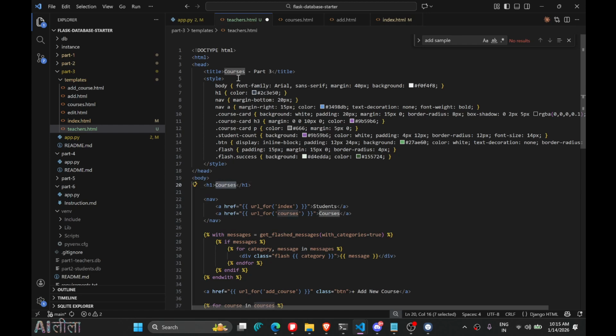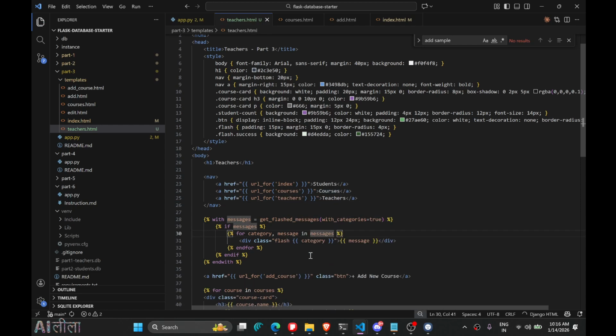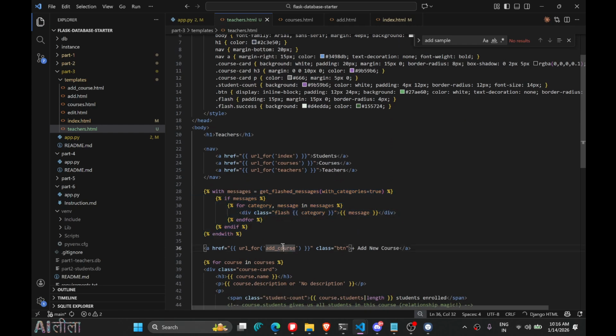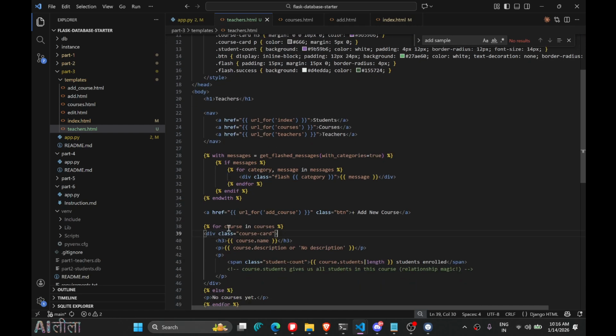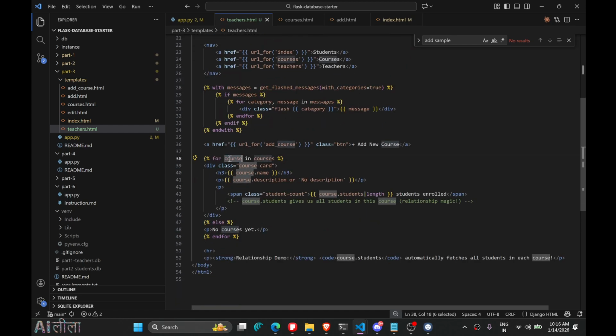So let's say title I'll give teachers, courses again I'll write teachers. We wanted 3, so as usual teachers here. We haven't used base HTML, so if you want to do an advanced thing, you can use base. And this category, there's no need to make any change here. I'll keep it as it is for now. Okay, and then for course in courses, I'll say